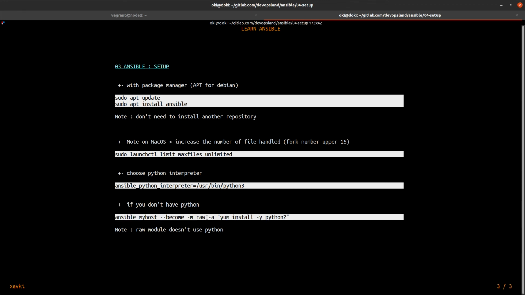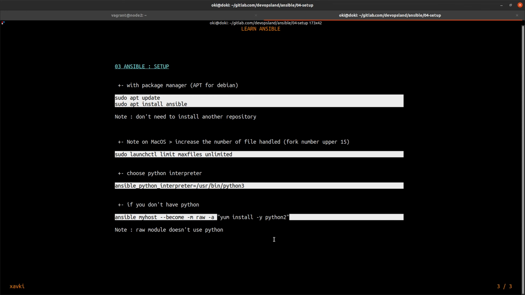You use a module with the -m option, and we specify the module raw. With this module, you could use the Ansible CLI and specify to install Python with a specific version, Python 2 or Python 3.